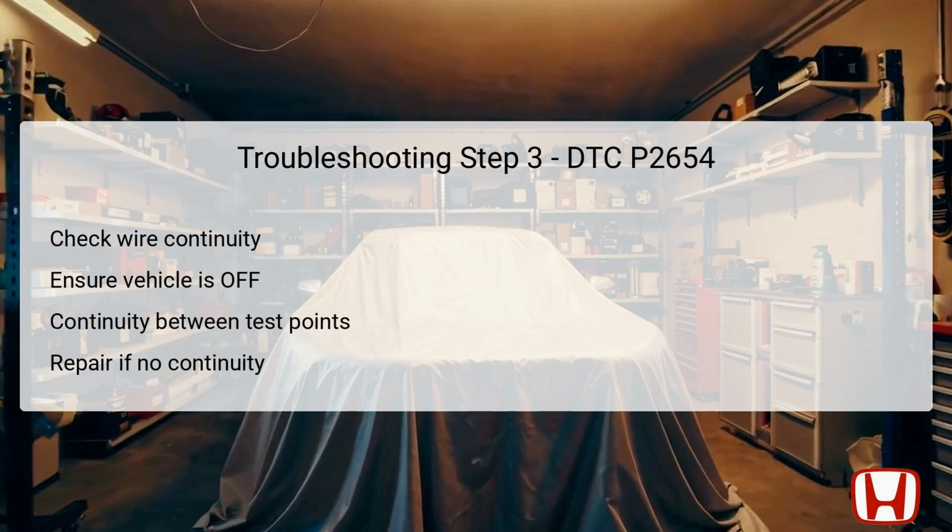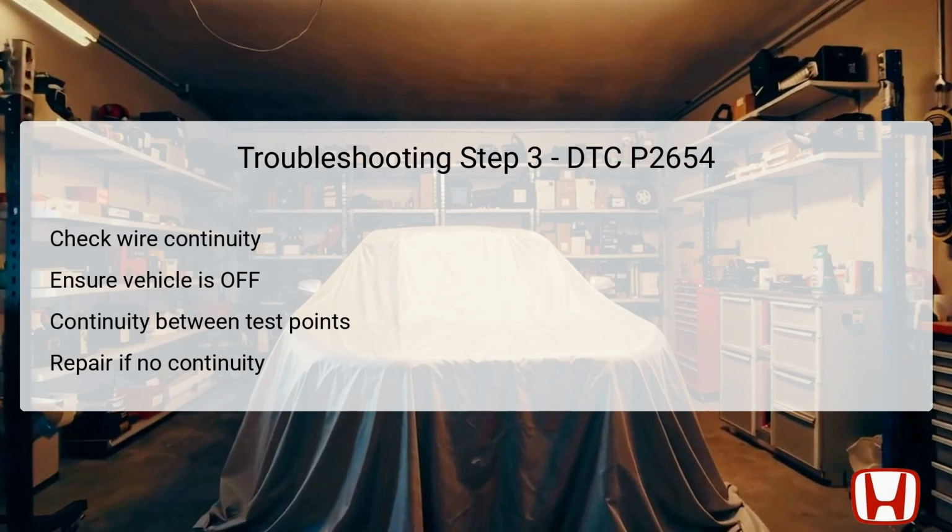In the third step of troubleshooting DTC P2654, you'll conduct an open wire check for the CSS PG line. First, make sure the vehicle remains in lock mode, ensuring all systems are inactive for accurate testing. Next, check for continuity between the defined test points between connector number 1 for rocker arm oil control solenoid B